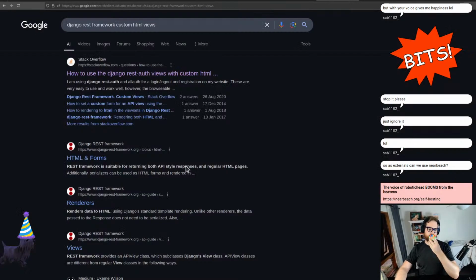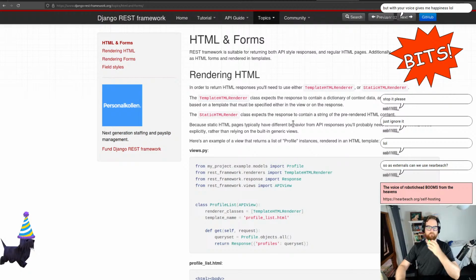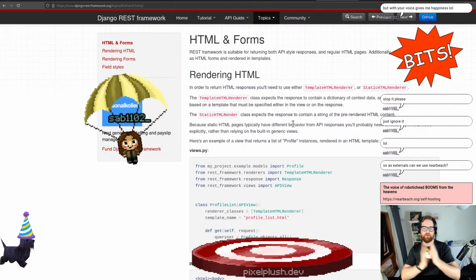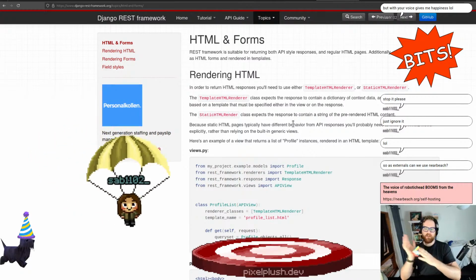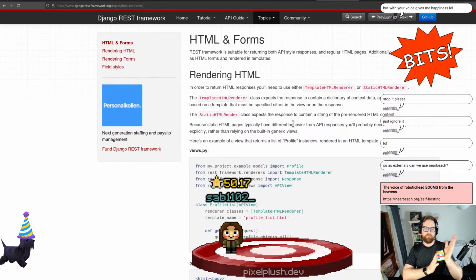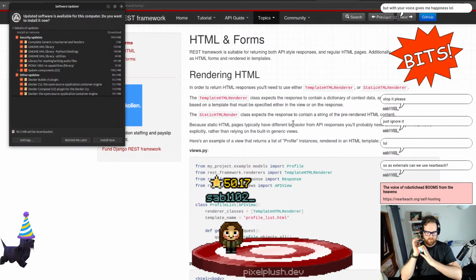So I'm just going to go back on this particular one. HTML and forms. REST framework is suitable for returning both API-style responses and regular HTML pages. Additionally, serializers can be used as HTML forms and rendered in templates. All right, and I think